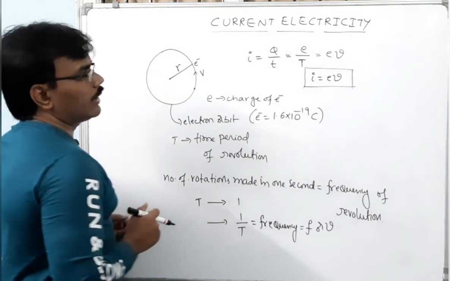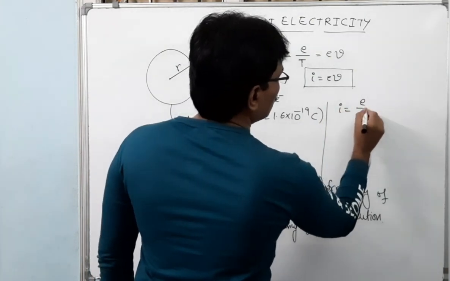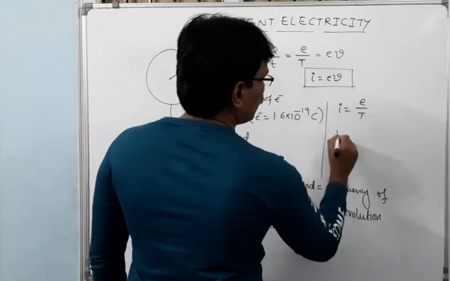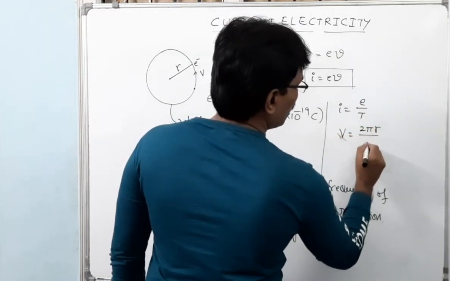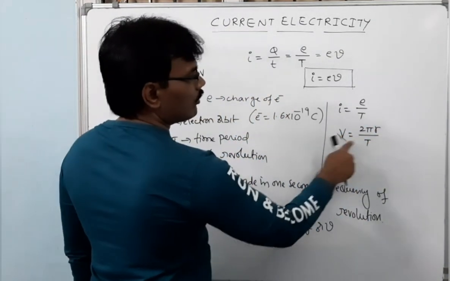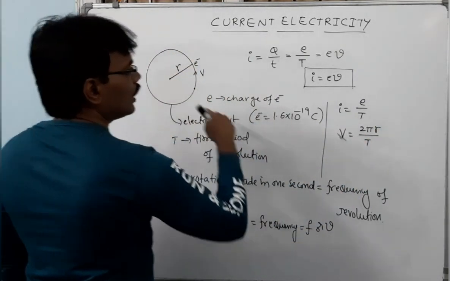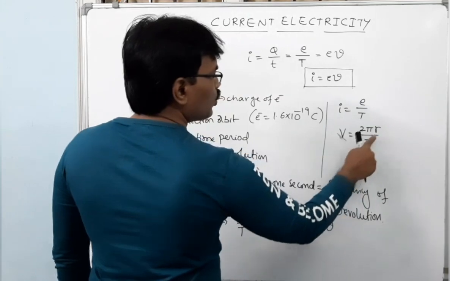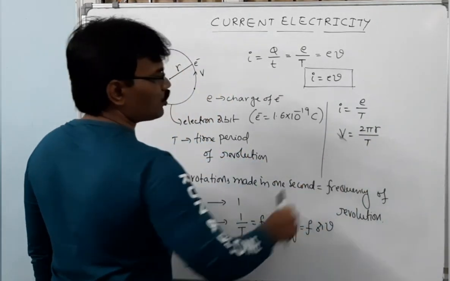So that we can find it out. See, from this equation we know electrical current is equal to e upon t, and we know speed of electron is equal to distance traveled upon time taken. Okay, so speed equals distance upon time. So here distance means what? For completing one round, what is the distance covered? 2 pi r. To complete one round, how much time is taken? This much. So total distance upon total time. This is called average speed of electron.